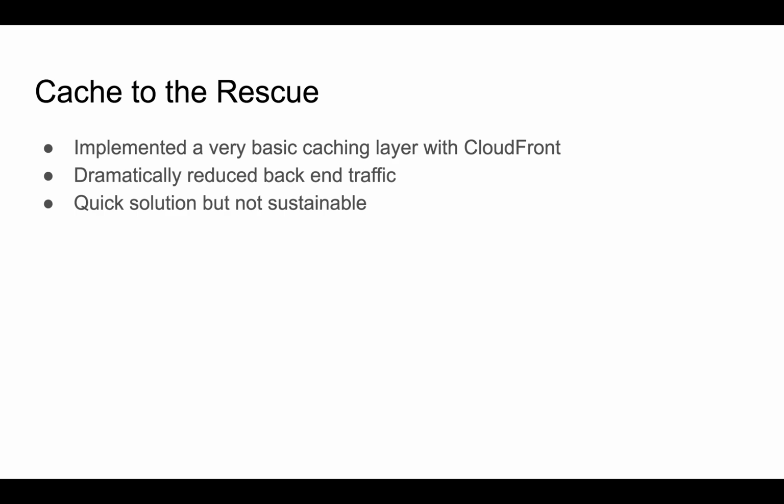So what we did was simply put in a CloudFront instance in front of the IIIF servers, and that basically resolved the problem. That reduced the backend traffic dramatically, and that was pretty much the end of it. It allowed us to deploy the application and sleep at night at the same time, but that was not a